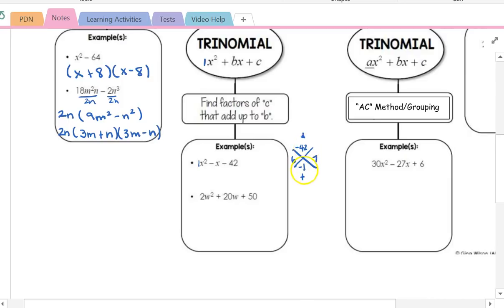I also need to add them and end up with a negative. So if I do negative 6 and positive 7, I'm going to have a positive 1. So the 7 has to be negative. So in this case, I have